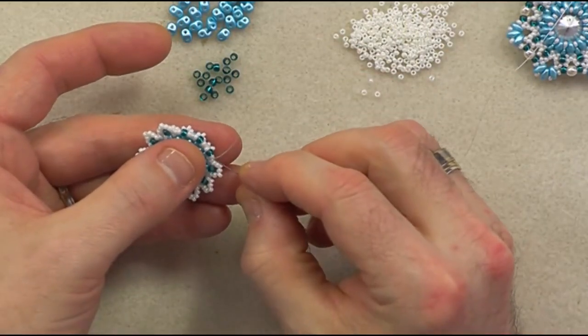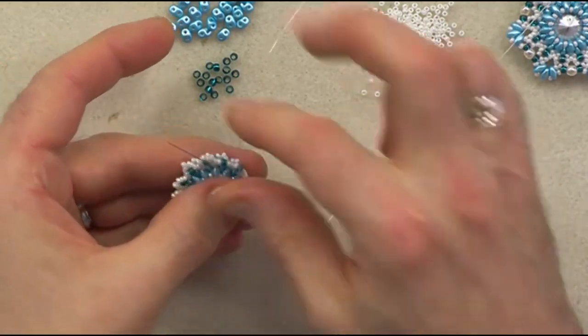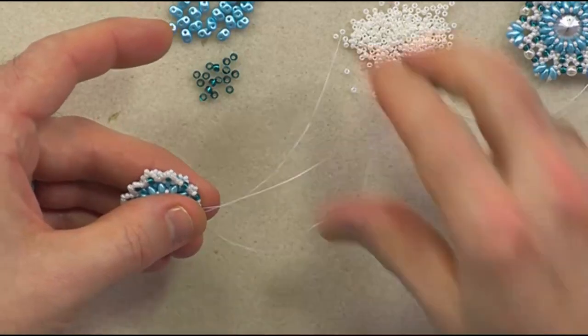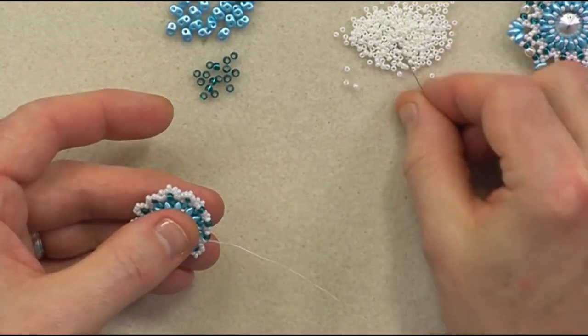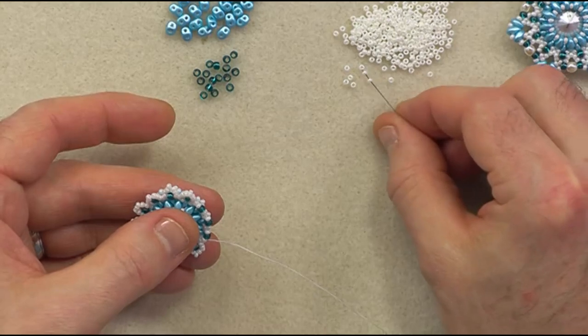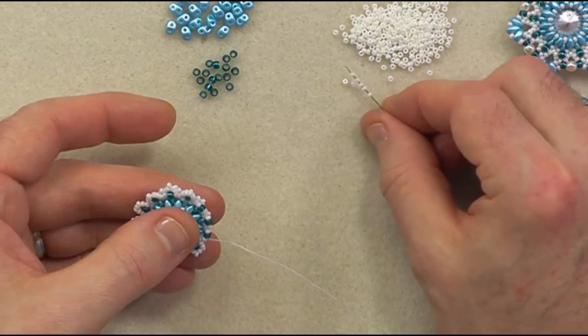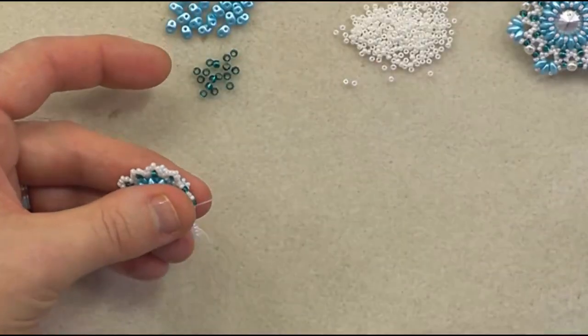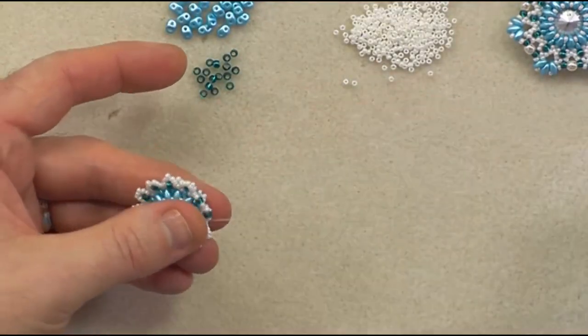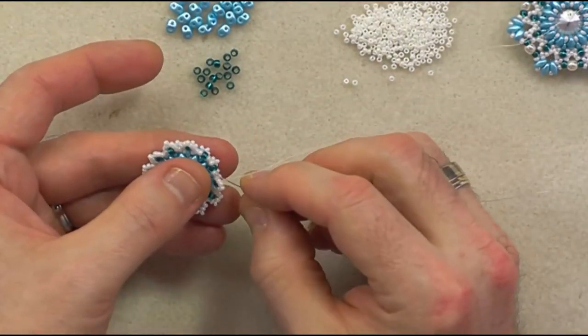And then through the next, so we're going to sew up through, pull our thread. So we've got 3 more to go. So 1, 2, 3, 4, 5. Jump over the 8, through the next 3 11s, including the one before the 8,